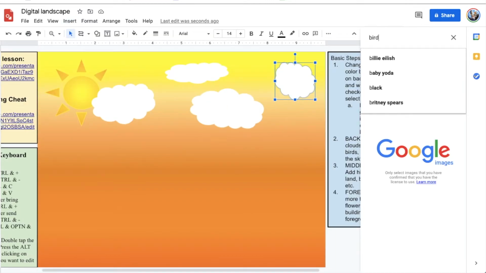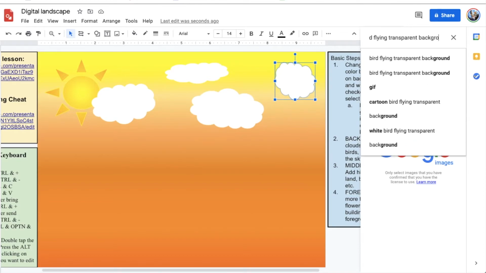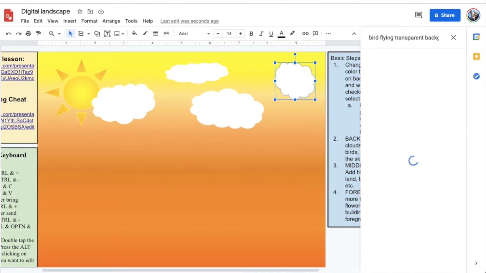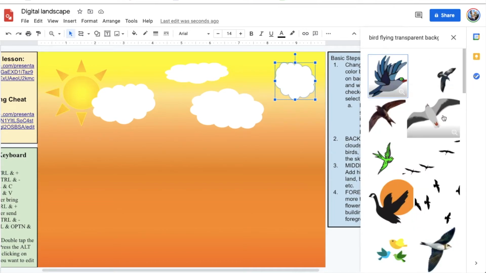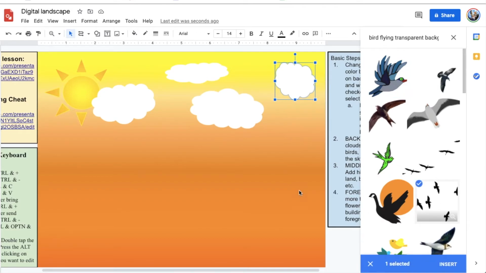So I went to Insert Image, Search the Web, and I'm going to type in bird, because I want to put some birds in. Birds flying, transparent background. You want to make sure to type transparent background. And what you should end up getting are birds where there's nothing behind it, just the bird when you insert